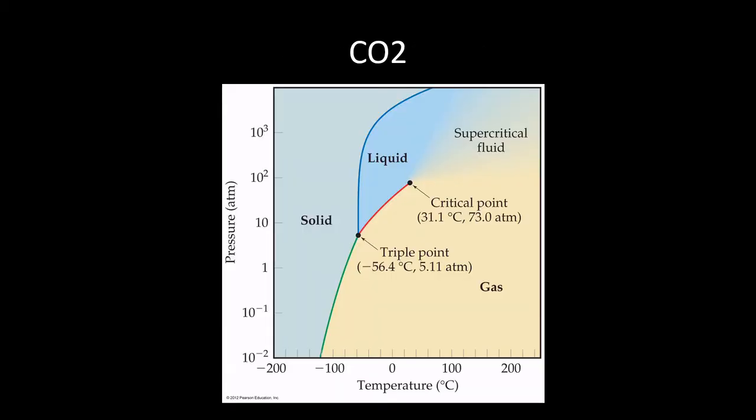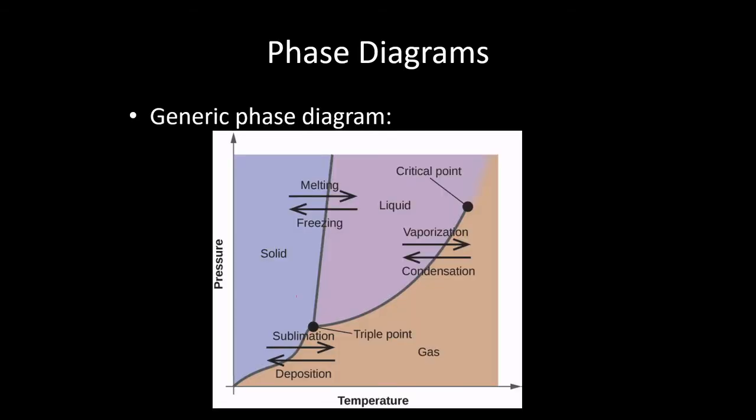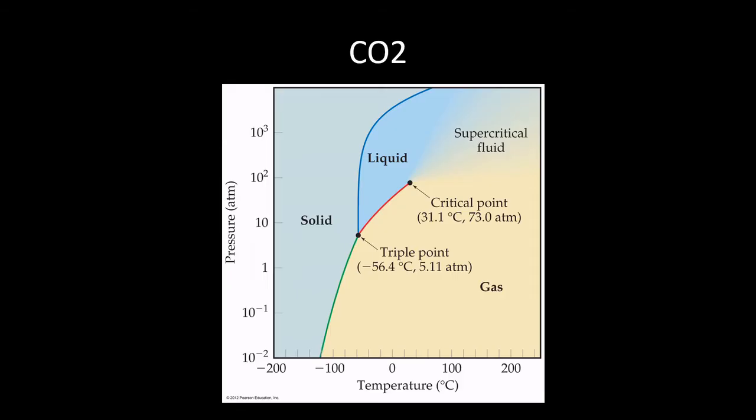So if we're going to look at some real phase diagrams here, CO2, as you can see, looks very similar to the generic one we had back here. All phase diagrams are going to look generally like this, where you have the solid over on this side, gas on this side, and liquid wedged between them. One unique thing about CO2, though, is that if you notice here, at 1 atmosphere, which is the pressure that we exist at,